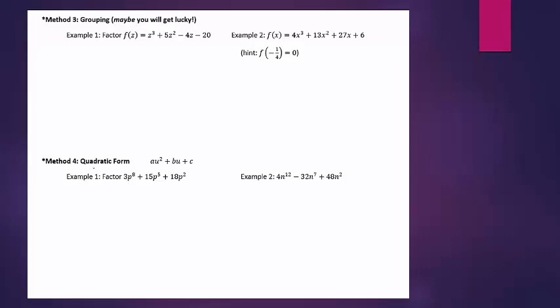This last method of factoring we're going to learn is called quadratic form, and it basically is about recognizing a certain pattern. So the first thing I'm going to do before I even attempt this problem is factor out the GCF, which in this case would be 3p squared. So it looks like I'll be left with p to the 6, 5p cubed,